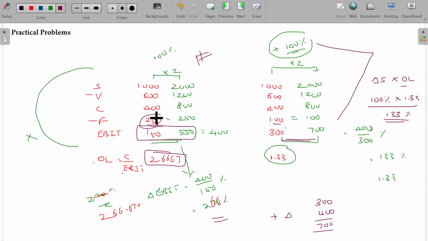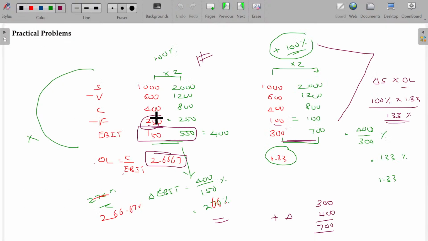So fixed cost is one of the cases. To reduce the fixed cost per unit, you have to work better. Otherwise, you have to operate faster. That's why it is called operating leverage. Your operation will decide the EBIT level. If your operation is faster, EBIT will be higher. If the operation is lesser, EBIT is also decreasing. But to what extent? To the extent of the magnitude of the operating leverage. If the operating leverage is higher, the change in EBIT is also higher. Clear? Hope now you'll be able to understand this logic.